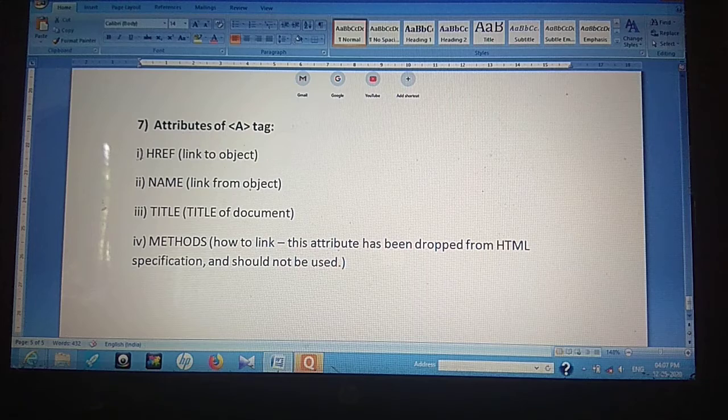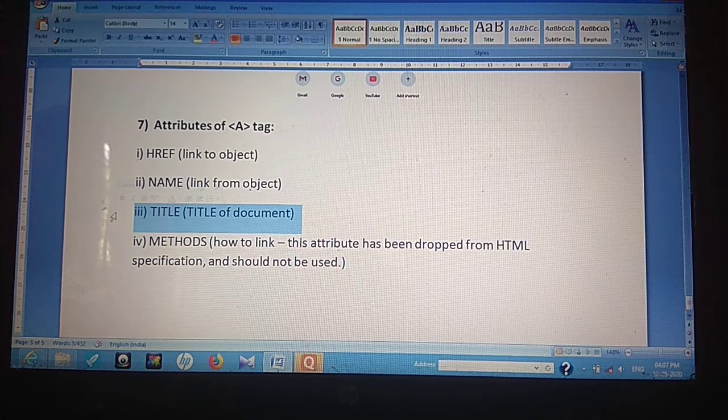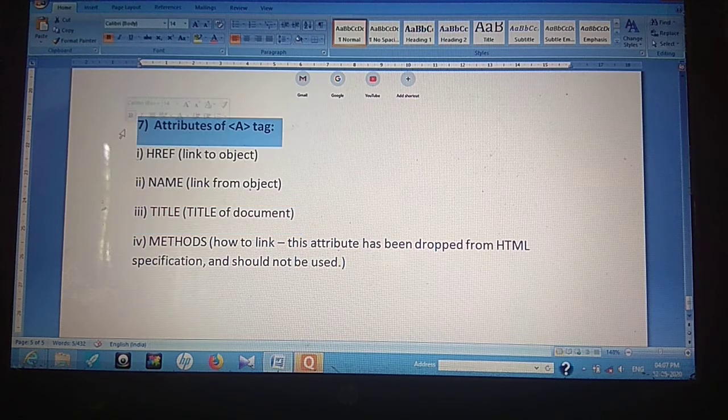Href will help you to link an object, name will help you to assign a name to an object, then title will help you to look for the title of the document. We don't use this. Another one is methods. Even this is not used, it is removed from our syllabus, but if they ask you what is the use of methods or title, then it can be given. They just say that they are the attributes of the a tag.